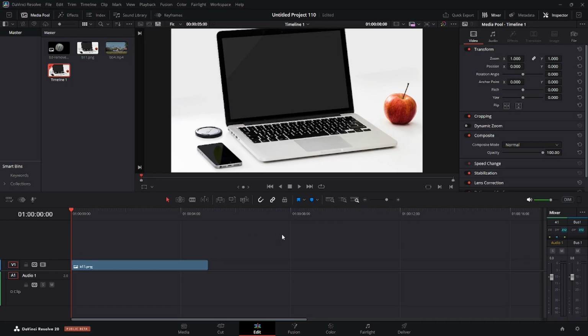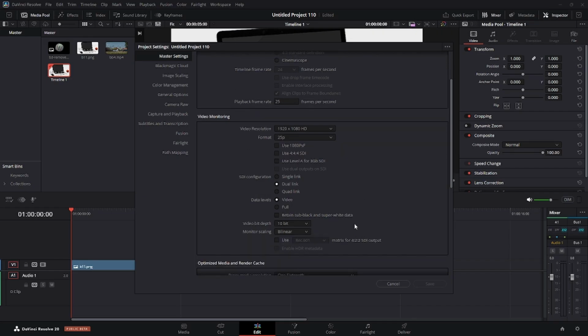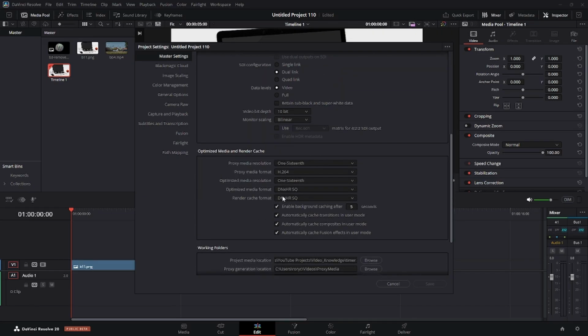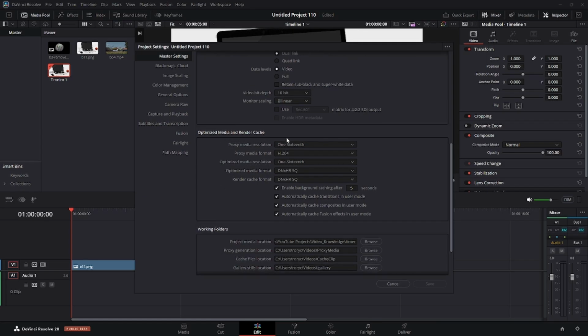Before we get started, I'm going to give you a little tip, because this can get pretty taxing on the computer systems. If you click your little gear wheel down here, it's going to bring up this box. And you want to set your optimized media and render cache. You can use what I have here, because these are small file sizes for your cache. It'll render faster, but it still takes time to render some of this stuff out as we're creating it in the timeline. So you can pause the video or go back and look how I have mine set up. And then when you get all this put in here, simply go up to these 3 arrows